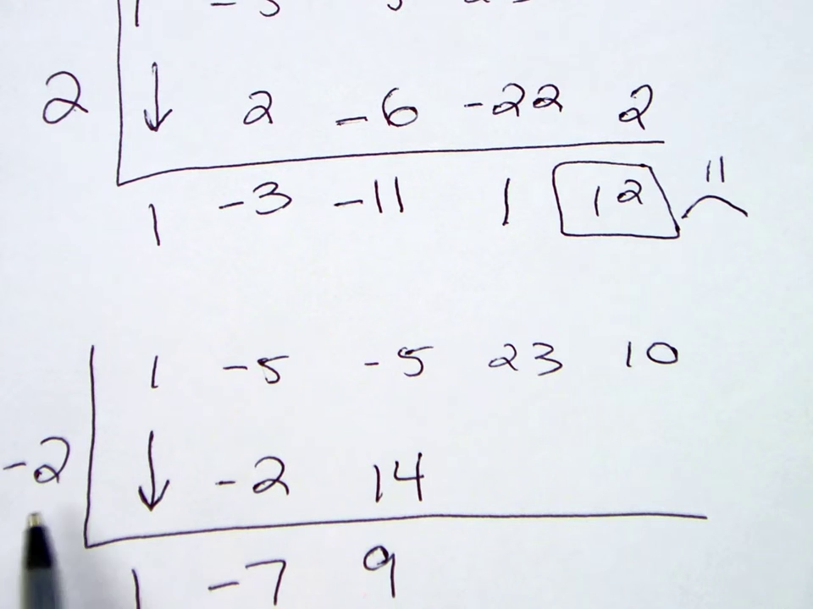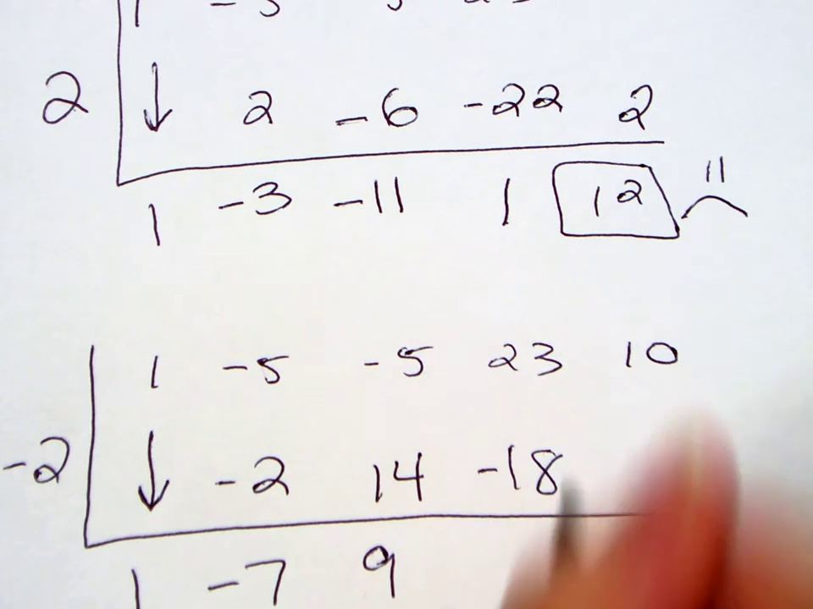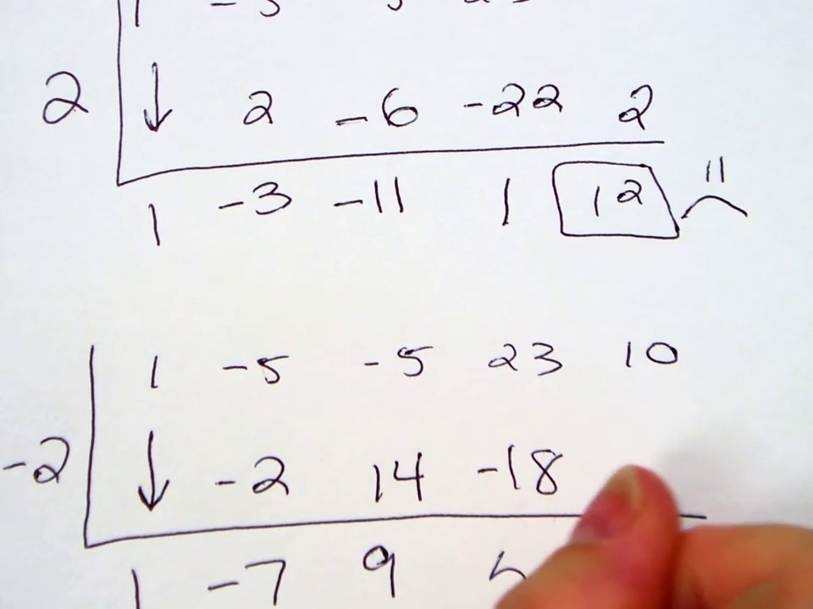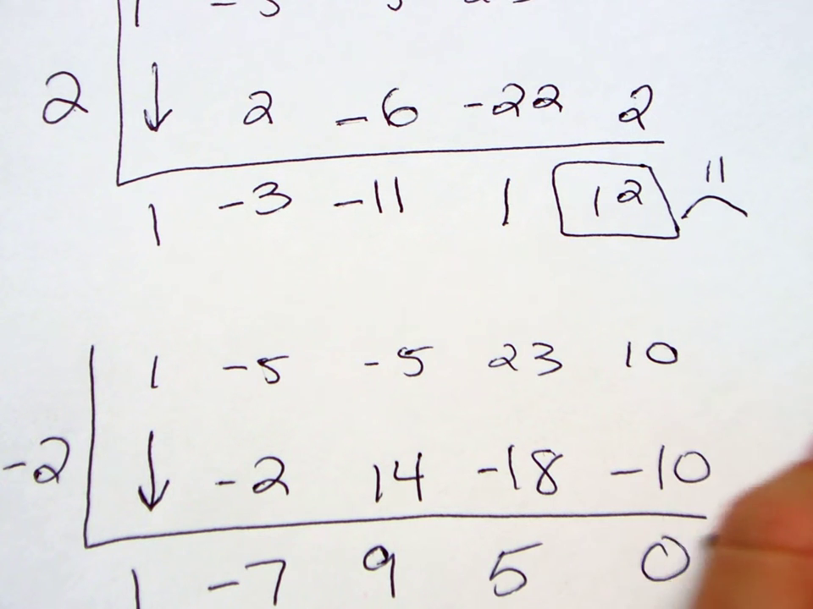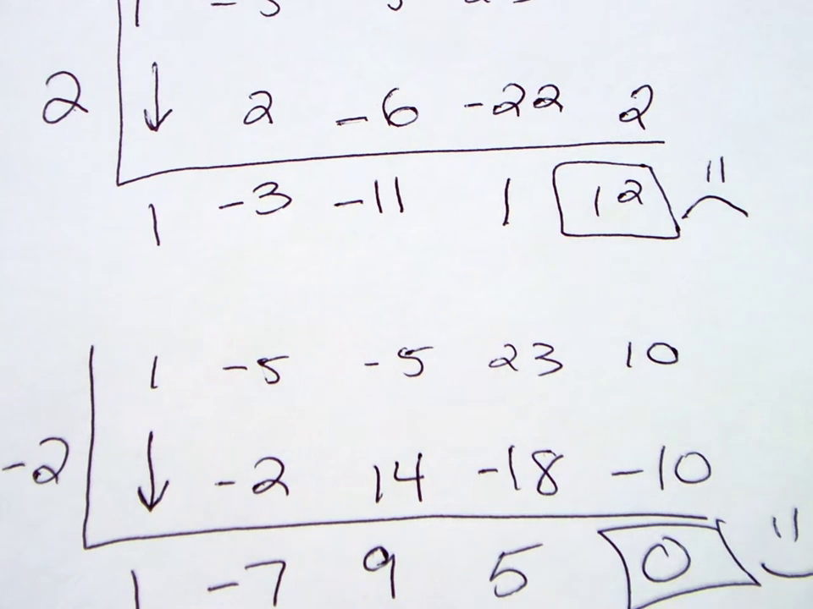People messing up the signs. Negative 18, 5. Look at that. This is happiness. We are super excited. That worked. That worked. So our factor, if it's minus 2 on the outside,